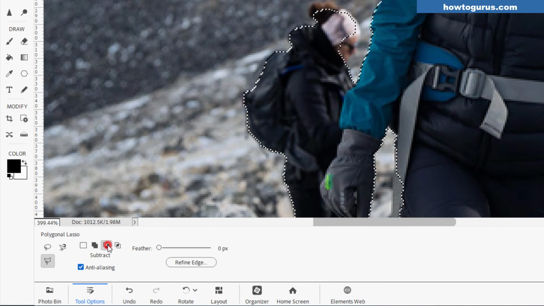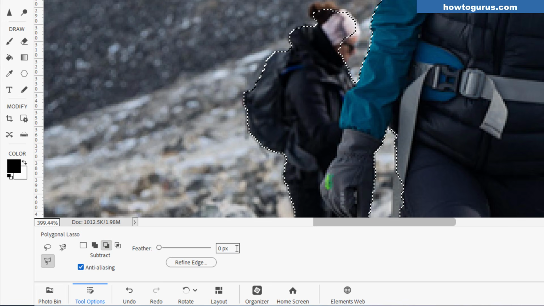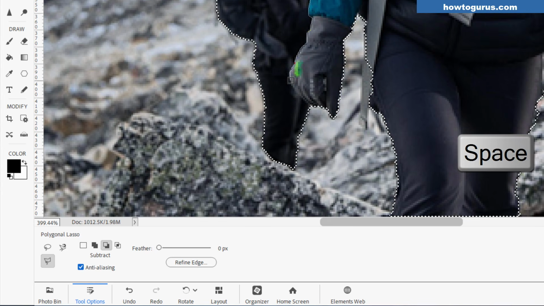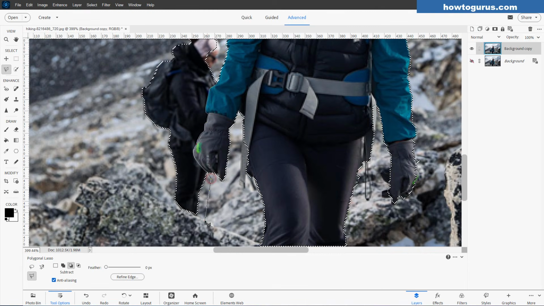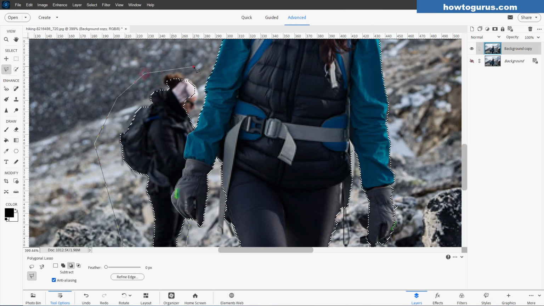And I'll set this at Subtract and Feathering at 0. And I'll just come down here and make a selection right around this sleeve in here and this glove. When you're using this tool, take your time with this. If you click too fast, it's going to collapse your selection. You'll have to start over again. You don't want to do that, so take your time. If you hold the space bar down, you can move your image. There we go. And I'll just follow along on the finger here and then out and around what I want to take out. Space bar again, up around here, and then close to where you began, double click, and